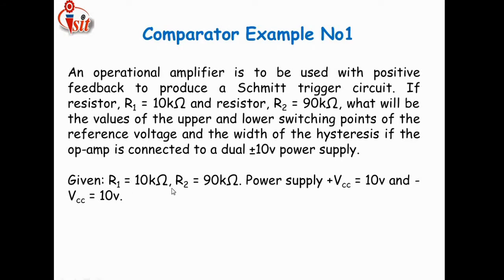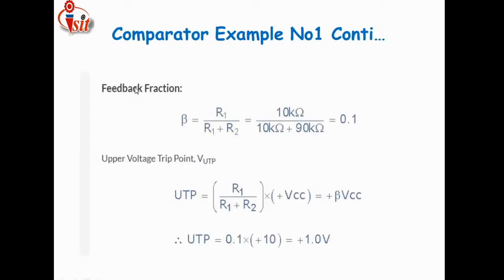Here just see, R1 is in kilo ohms and R2 is also in kilo ohms, so no doubt both have the same units. For that purpose we are going to take them as they are, with no need of any conversion, because while taking a division, addition or any kind of mathematical operation, first of all we have to convert two or more values to the same unit. But here such a need is not required, because at present the two resistors R1 and R2 have the same unit. Along with this, just see what the feedback fraction is.